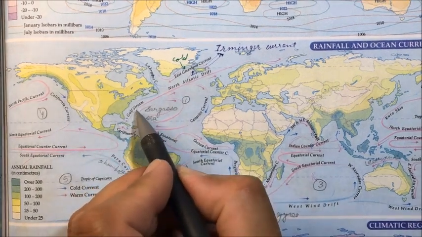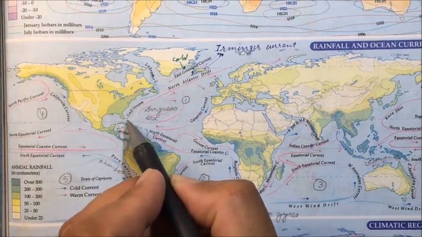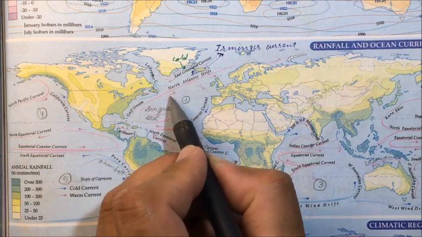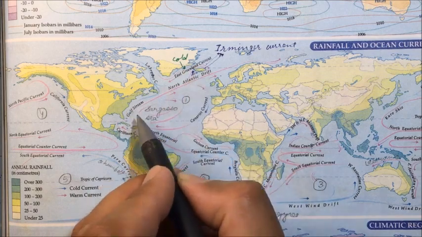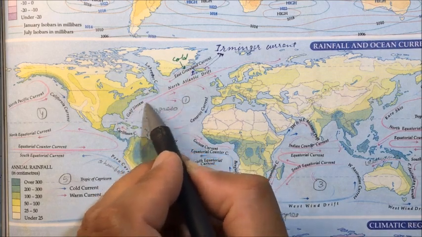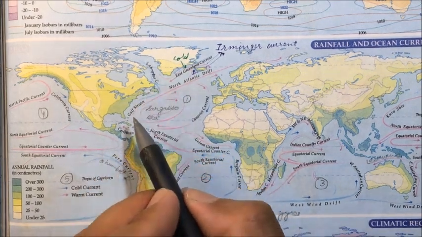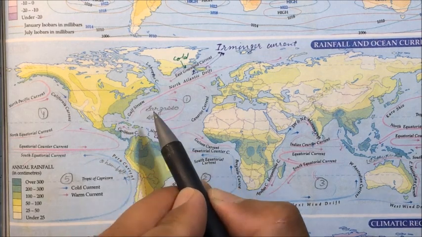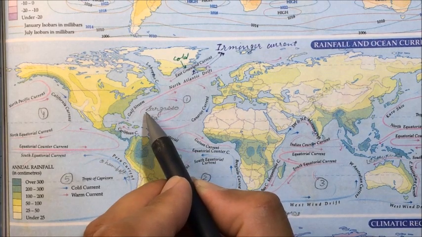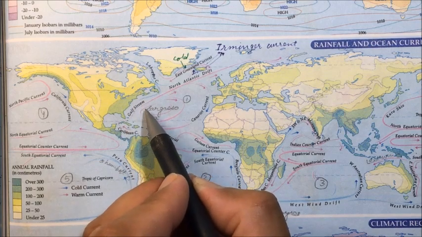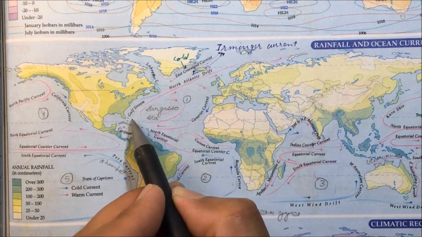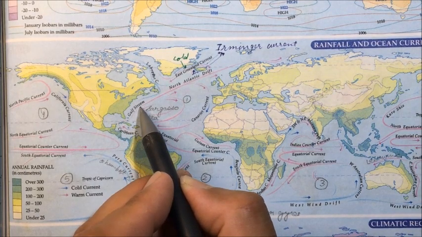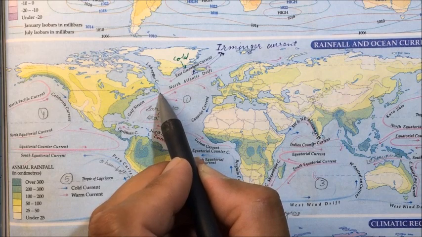Now this Gulf Stream originates in the Gulf of Mexico, and it moves northeasterly along the east coast of North America. Always remember one thing: the warm currents do not contain much nutrients. They lack nutrients and are incapable of supporting life. So here at 20 degrees north, this Gulf Stream originates. Now as it moves further, as it reaches 30° north latitude,